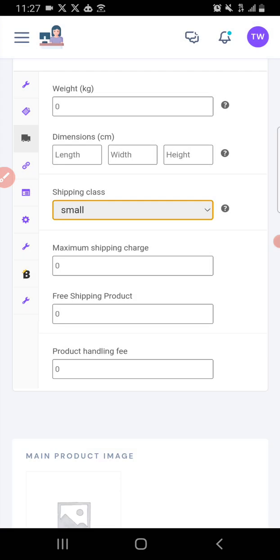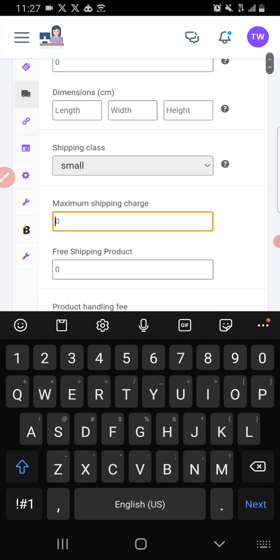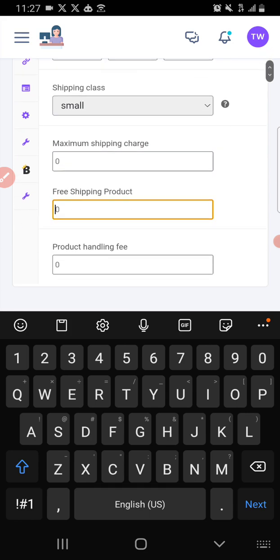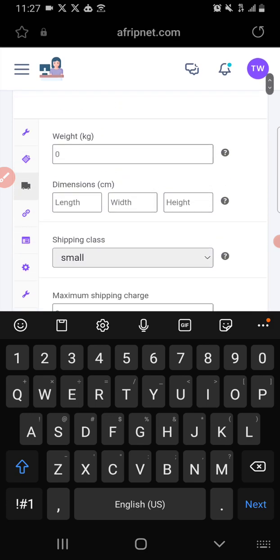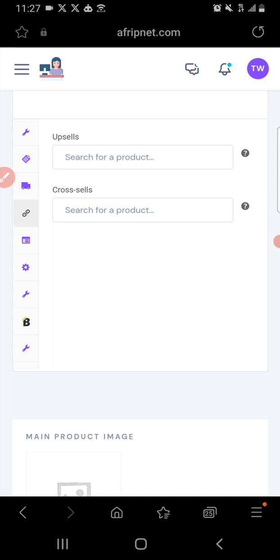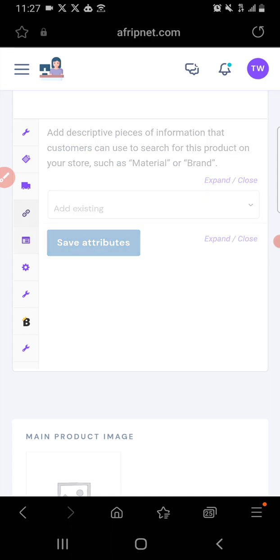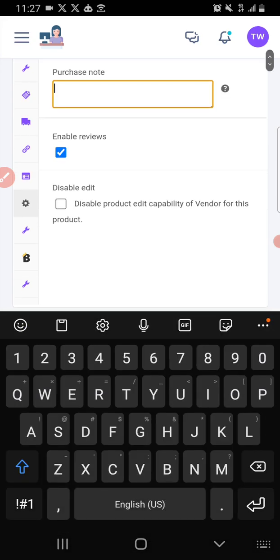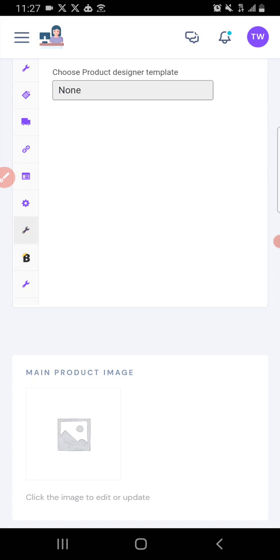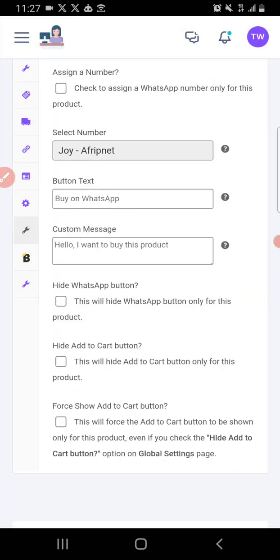The maximum shipping charge, you don't need to include anything here. Free shipping product, you don't need to add anything on this section. Then upsell and the cross sell, you don't have anything to add there. Then the purchase note, you don't have anything to add here. Under the settings, product designer, there's no product designer available for vendors. So all you just need to do is from here,